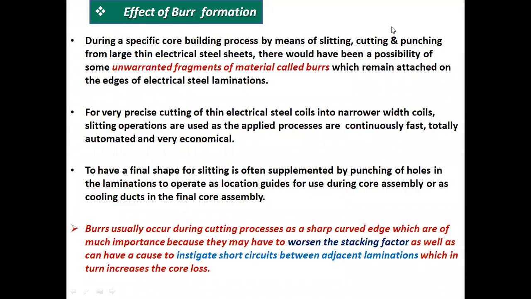Let's start with the effect of burr formation. During a specific core building process, by means of slitting, cutting, and punching from large, thin electrical steel sheets, there would have been a possibility of some unwarranted fragments of material called burrs, which remain attached on the edges of electrical steel laminations. For very precise cutting of thin electrical steel coils into narrower width coils, slitting operations are used